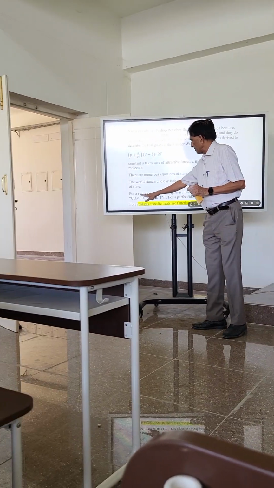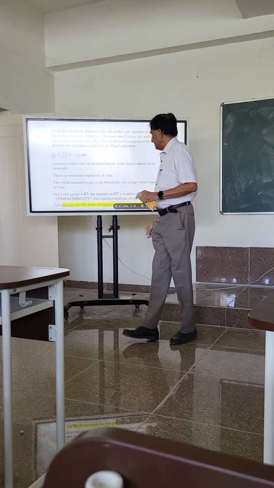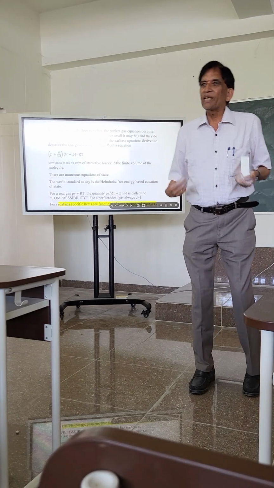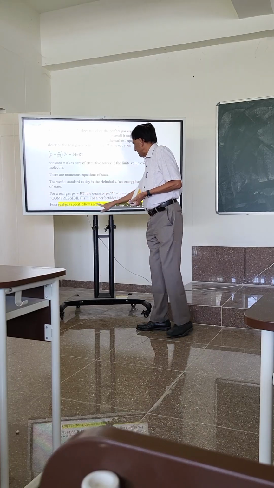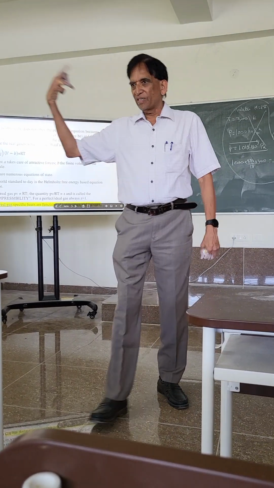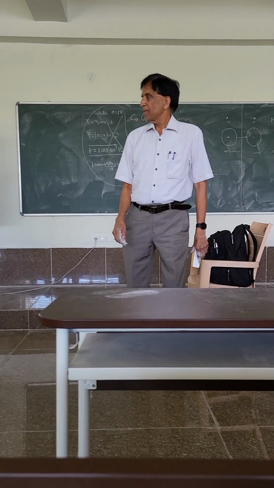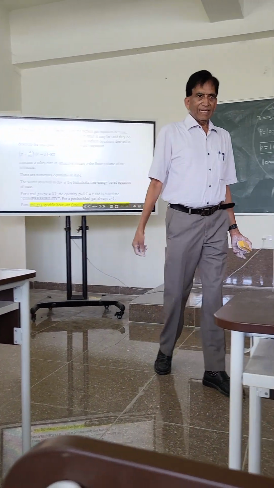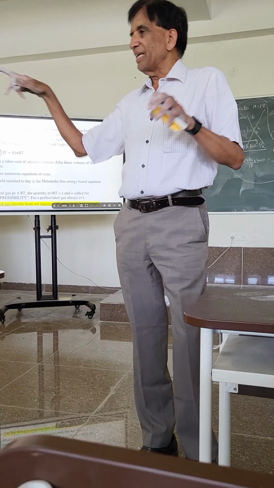However, for a real gas, PV is not equal to RT. What people do is make a correction factor and then make sure that this is valid. So we remove this inequality by writing PV by RT equal to Z, but that Z will again be a function of pressure and temperature. That Z is what is called the compressibility factor. For an ideal gas and the perfect gas, Z will always be equal to 1. For a real gas, it won't be equal to 1. It will be greater than 1 or less than 1.